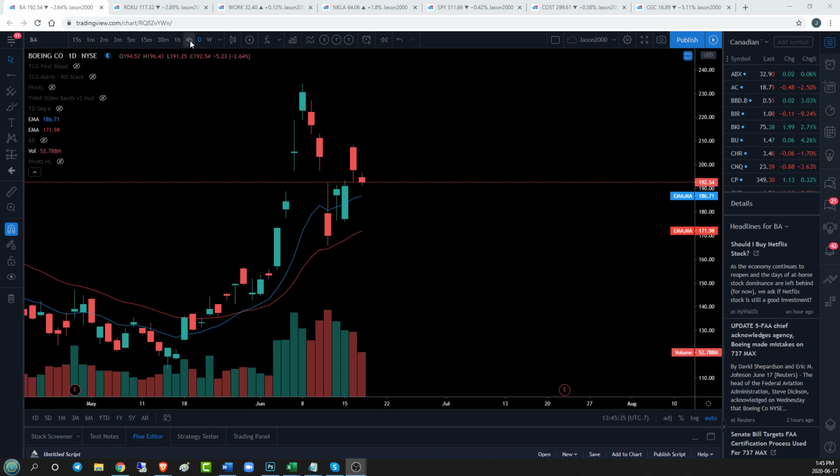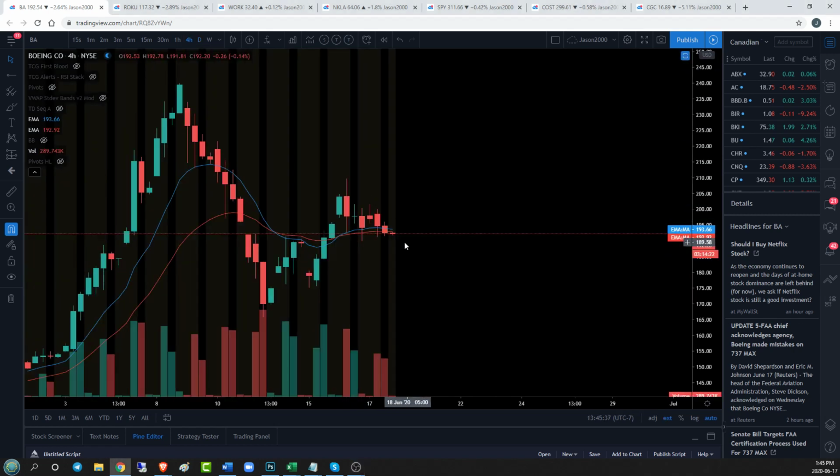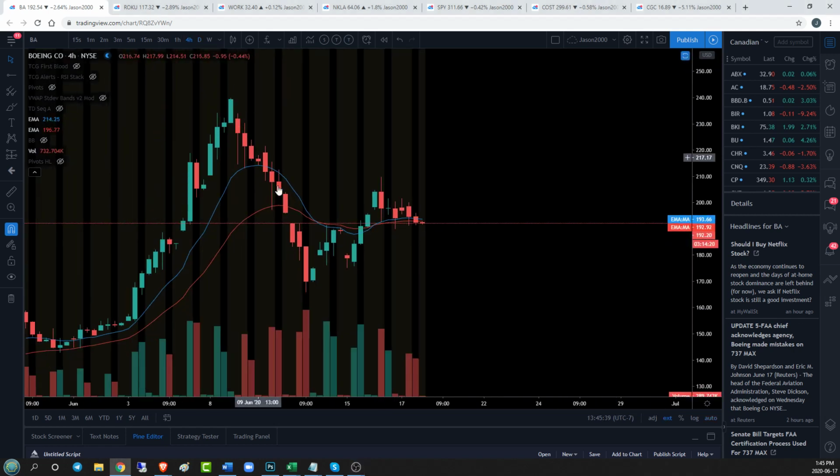And if it is in a reversal pattern, what signs are we going to look for upside movement? So we're going to go to the 4-hour time frame, and on the 4-hour time frame, we can see that we had our big drop. We've established a trend change with a high, a higher low, higher high, higher low, and now the bulls are trying to decide,